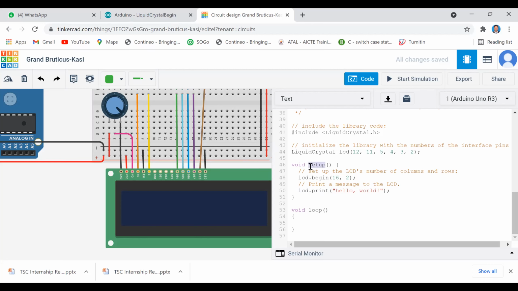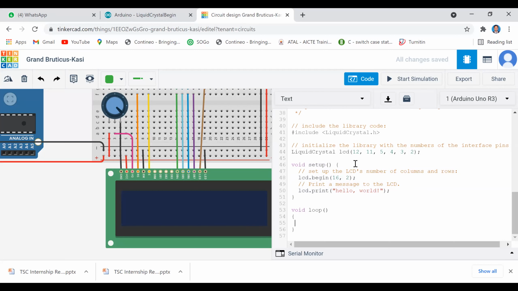The setup function is for initializing. It won't show anything, it shows only in void loop. The setup function will execute one time. It is for configuring whatever data you want to display for the first time, for initializing. It will do that one time. The loop is the function which is going to iterate a number of times.